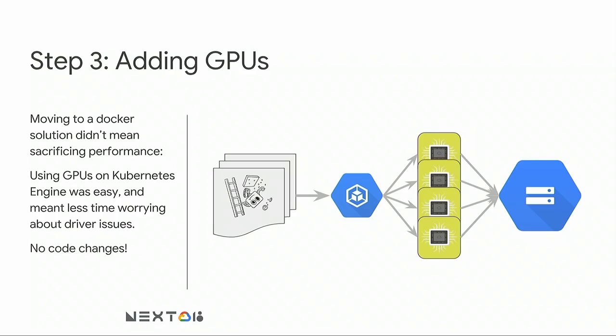The next thing we did, so after we did this and verified our correctness on the smaller board, we realized that, holy cow, the full-size model is going to be 250 times slower. We need to add accelerators. And so we were able to hook up GPUs with a minimum of fuss. We were running a cluster of about 2,100 GPUs with no problem at all. Using GPUs on Kubernetes is fantastic. It means we don't have to worry about drivers. We didn't have to make any code changes. What ran on our workstation would run perfectly on Kubernetes, on Kubernetes Engine. And this was a pretty great success, but it was still a little slow.